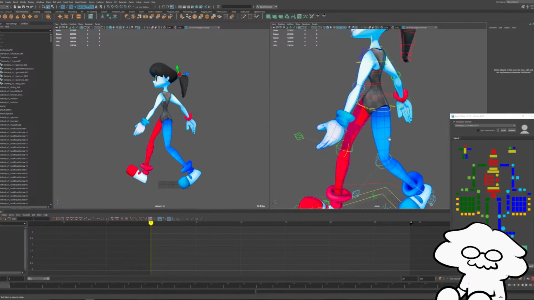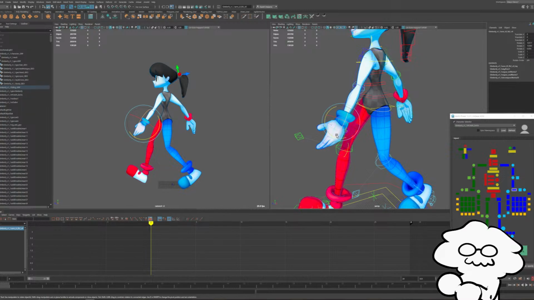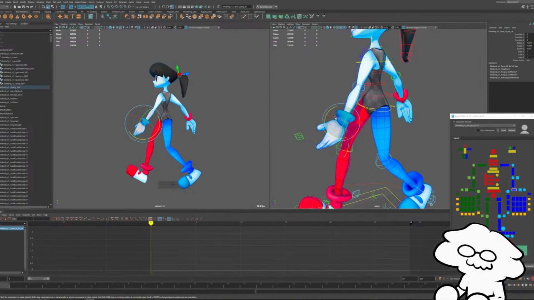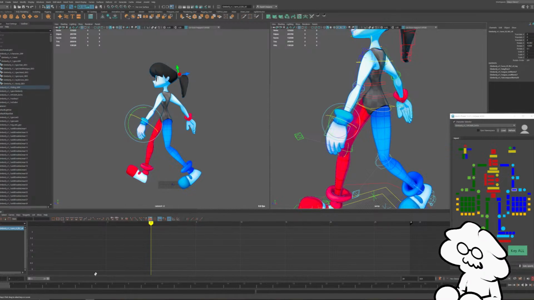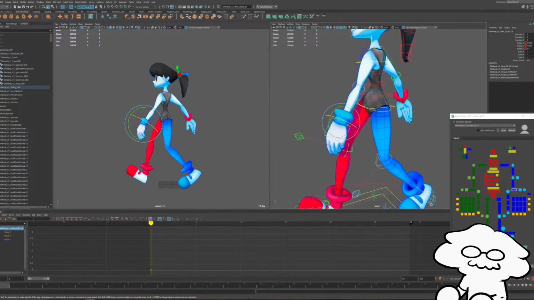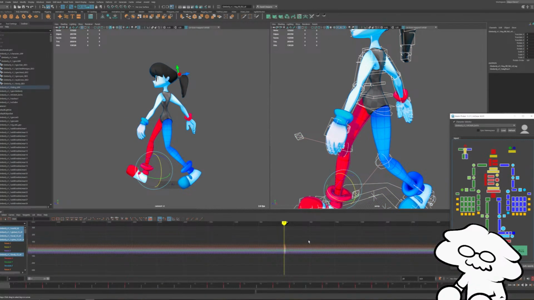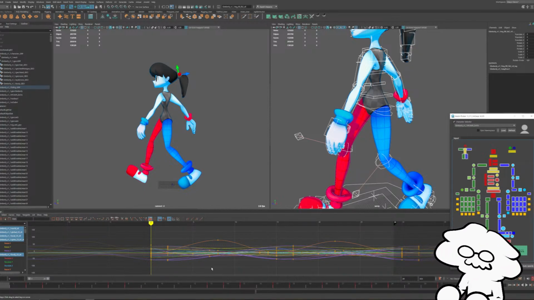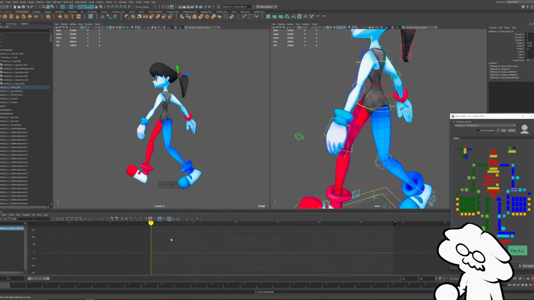At this point, we'll also adjust the hands and turn them inwards, because generally when you walk, you are turning your palms towards the body themselves. So if I take this and position the hand like this, we'll key that. Oh, you know what? Let's key everything. Whichever way you do it, select all your controls. Actually, I don't want to do that, because then we'll do it for the arms as well.